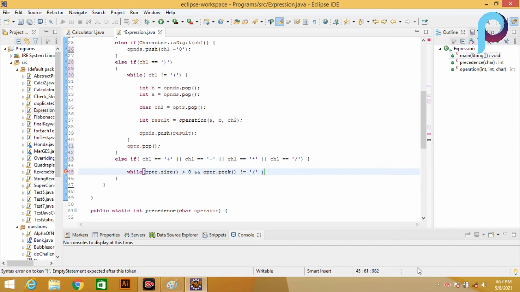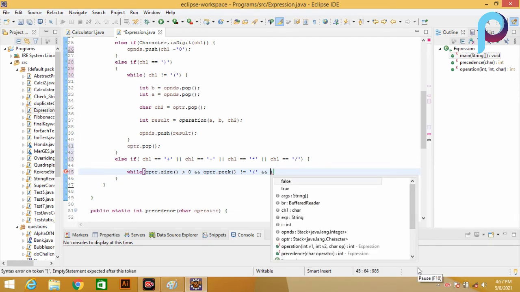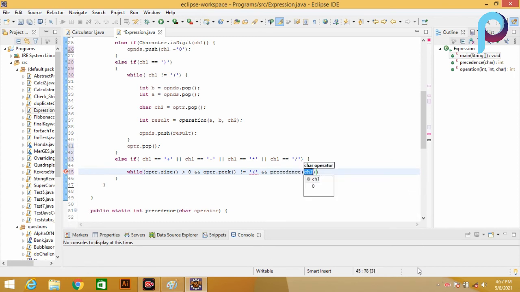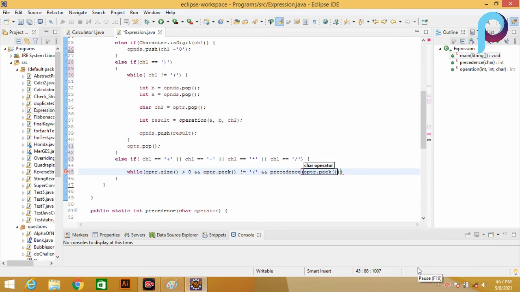Opening bracket and precedence of optr.peek is greater than precedence of ch1.